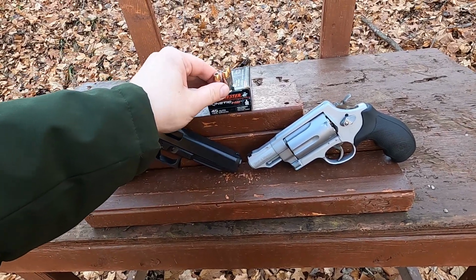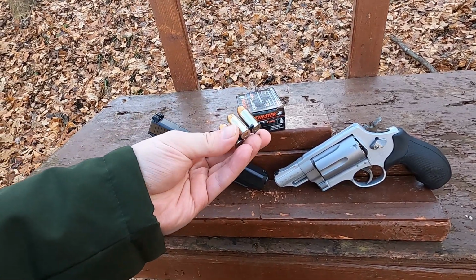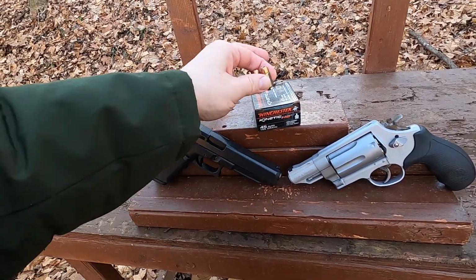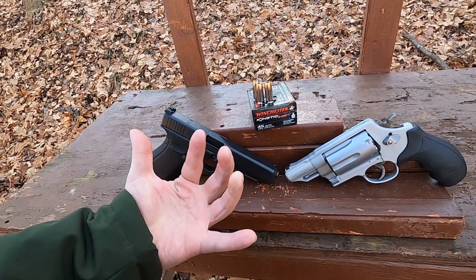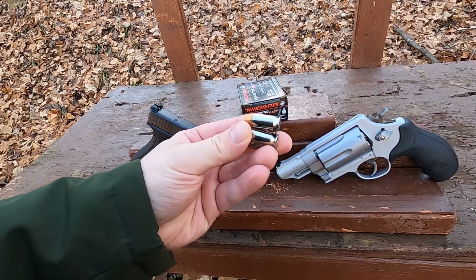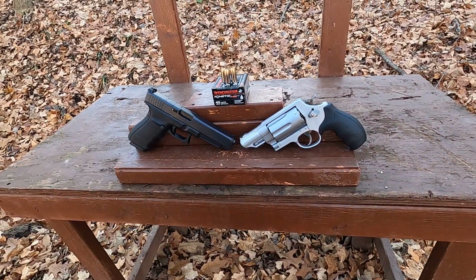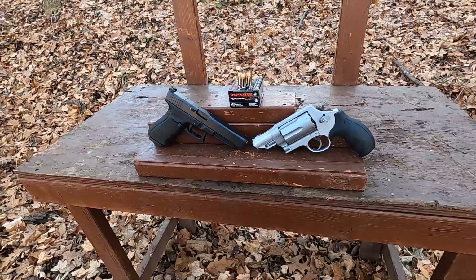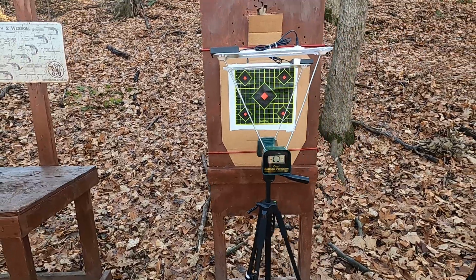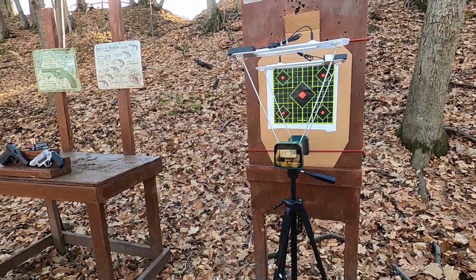A lot of people were saying maybe there's powder blow by and stuff like that. My theory is maybe it's something like what's happening if you try to fire a .22 Long Rifle through a .22 Magnum chamber, or maybe the cases are expanding outward and losing pressure. If that were the case, a nickel plated brass would probably reduce that, but we'll find out here. If it's anything less than 300 feet per second loss, maybe that's a part of the equation, but I'm not really sure. But we're going to go through the chronograph, see what kind of velocity and accuracy we get at the same time in these two different guns,